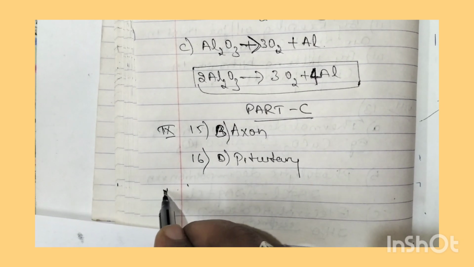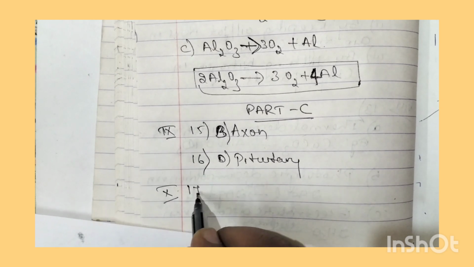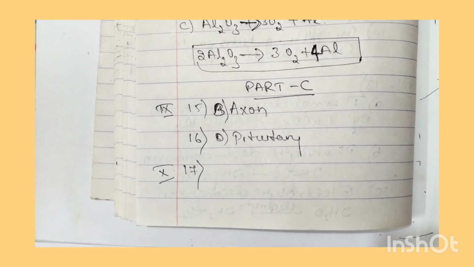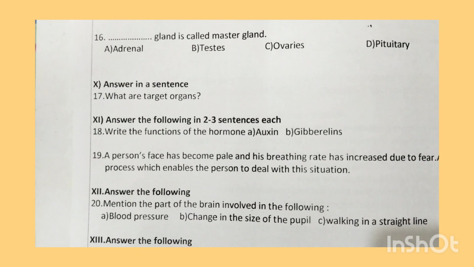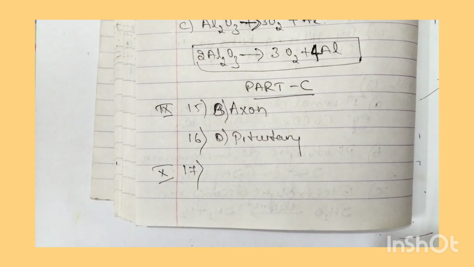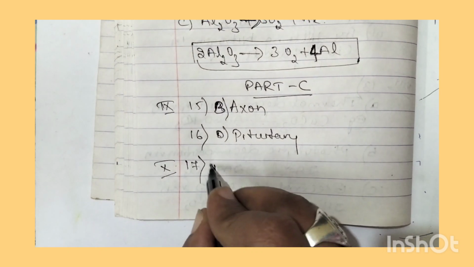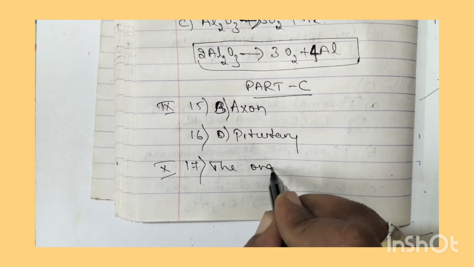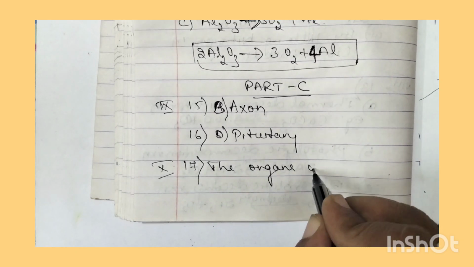So now let us move to the 10th main, that is, the 17th question. So the 17th question is, what are target organs? The organs on which